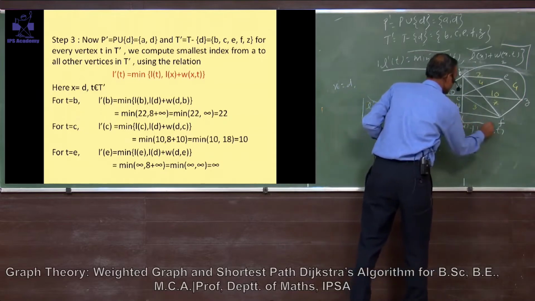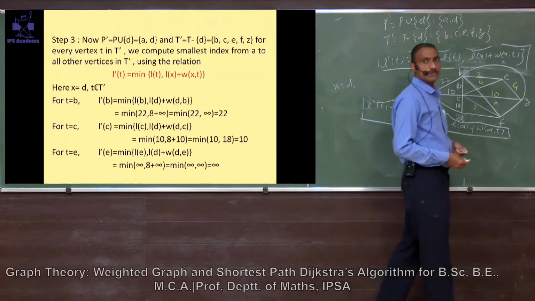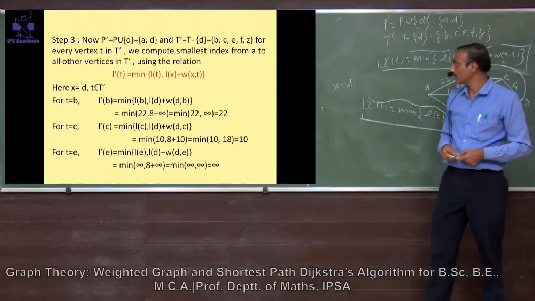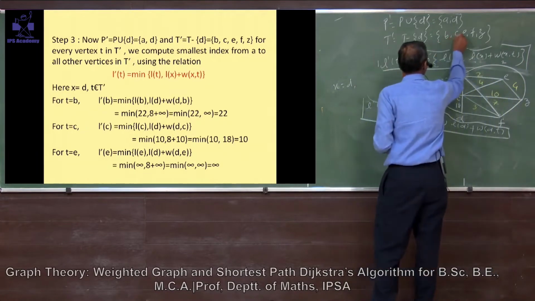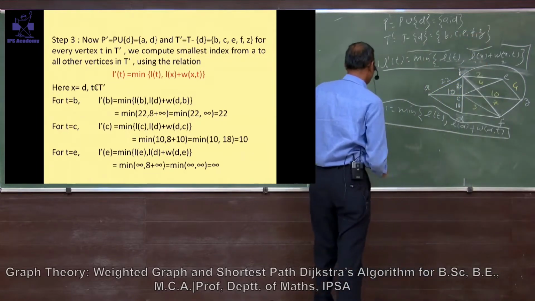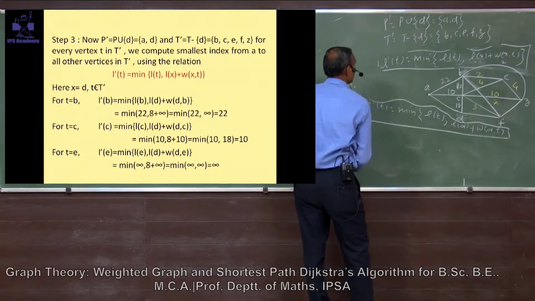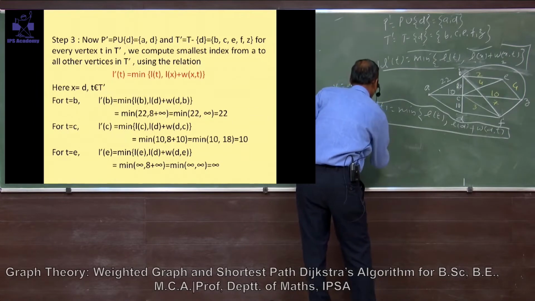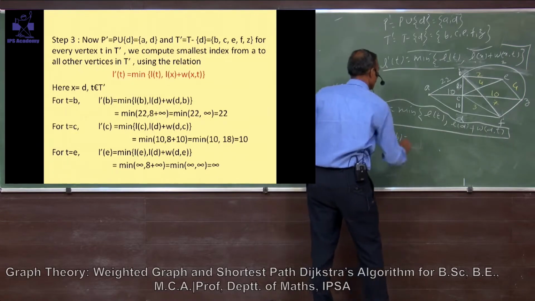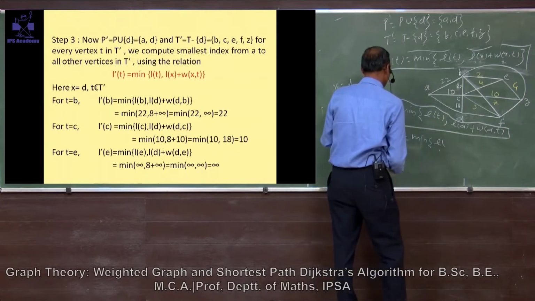Now in this case, t are the elements of T dash. So what are the elements in T dash? B, C, E, F and Z. Now you have to find the index of these. If we take t equals B, then the formula will be L dash of B equals minimum of L of B,